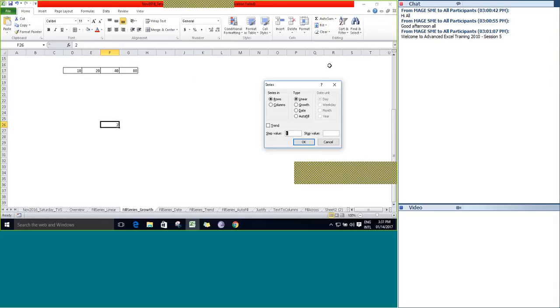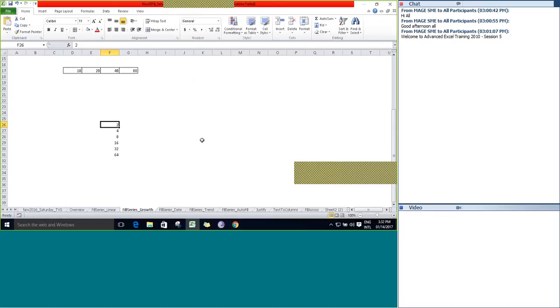Go to series, select columns, select growth, step value was 2 and stop value was 100. Click OK. You can see that the corresponding string pattern is getting generated for the fill series growth type.